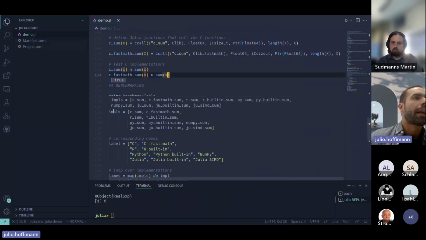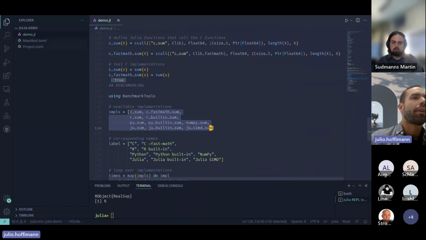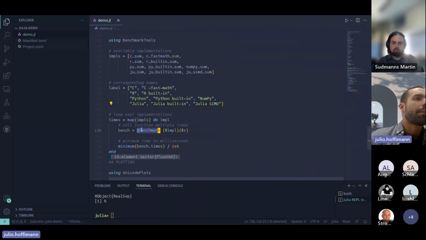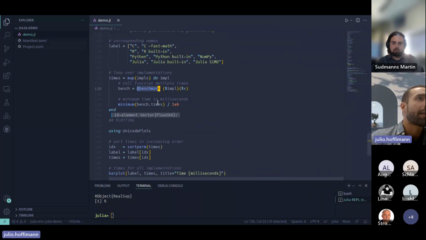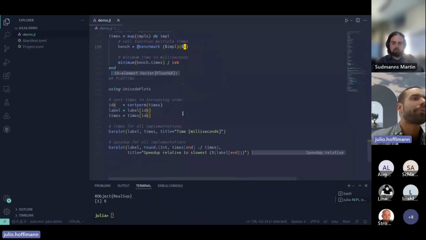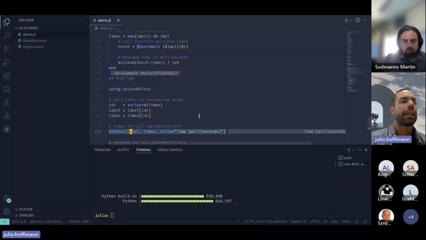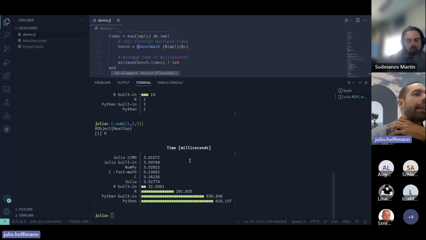Here, what I'm going to do is place all these implementations into a vector of functions, saved into these implementations. I'll give labels so that you can see which function is which, right? And then I will benchmark, which is a package that I use, and plot the result of calling this with this vector of 10 to the 7 entries, right? So I call this multiple times and record the amount of time taken to generate this benchmark. And if I plot here this bar plot, this Unicode plot, you'll see that you reproduce that slide I shared